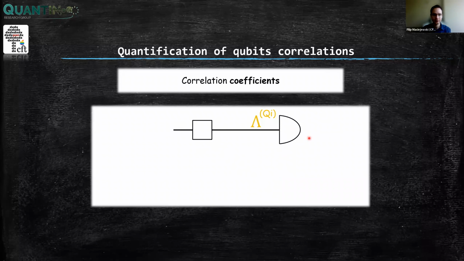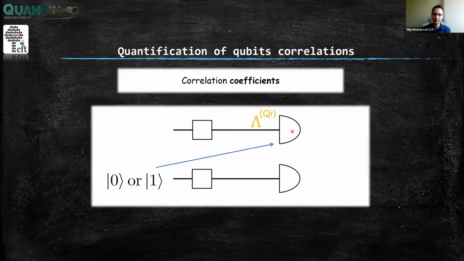Consider a single-qubit detector on qubit I here. If there is a crosstalk, so some correlations in readout noise, in general, the noise that describes this detector will actually depend on what happens on the other qubit. So for example, whether you insert there a 0 or 1 state. Depending on the input state of this other qubit, you will have different probabilities describing errors on qubit I. So those noisy distributions will be different. This 0 and 1 just indicates the state of 0 or 1 on another qubit.